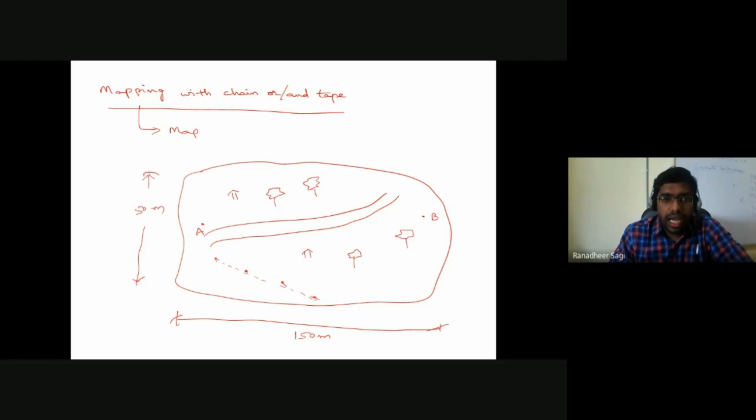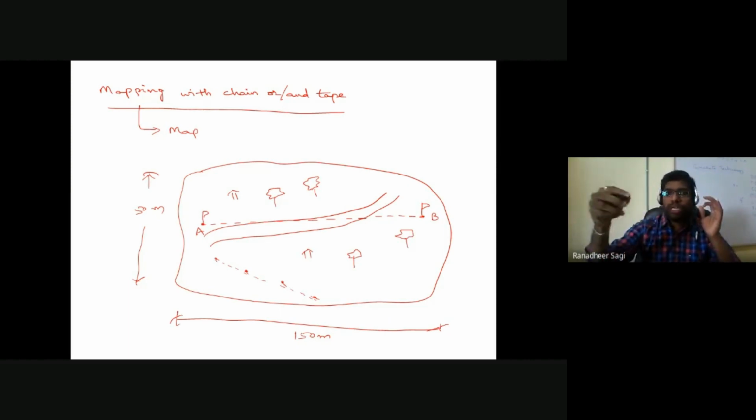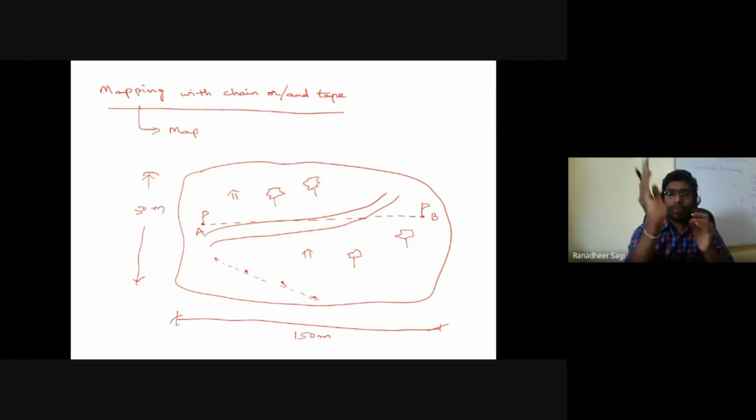Let's say I'm just trying to represent some imaginary line. That line is not existing, but I'm just trying to assume, okay, if at all there exists some line, like a line from A to B points. So as I said, I am choosing 2 control station points. At station point A, I'm fixing one ranging rod. At control station point B, I'm fixing another ranging rod. And in between point A to B, I'm trying to fix up your shortest path. What is the shortest distance between point A to B, which I am representing as your line AB.